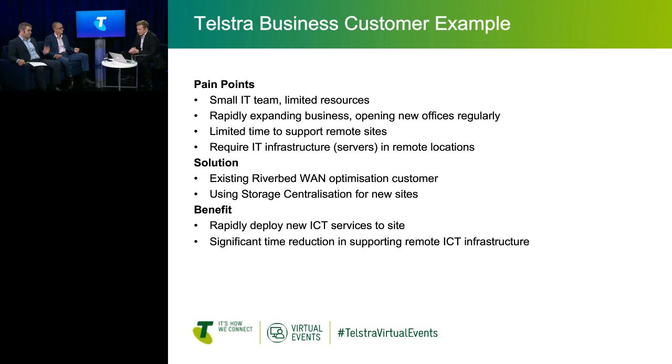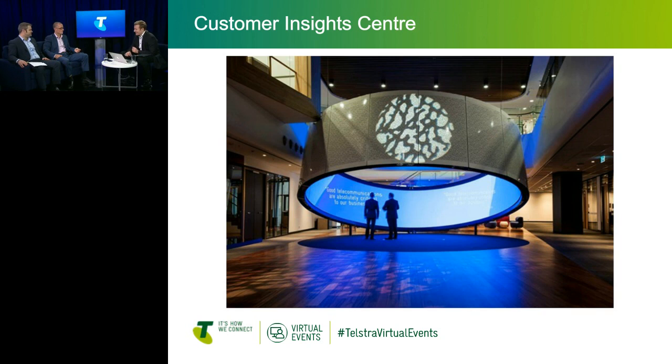Daniel, anything else you want to run through on that one? Better ROI, return on investment. It's all about return on investment. Better ROI. Okay, well,